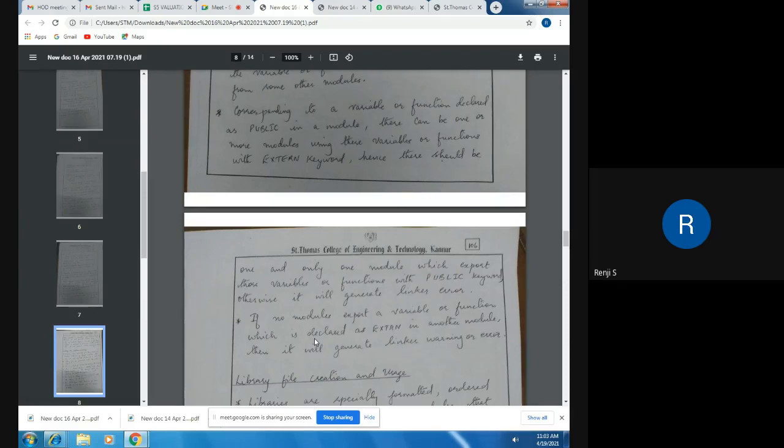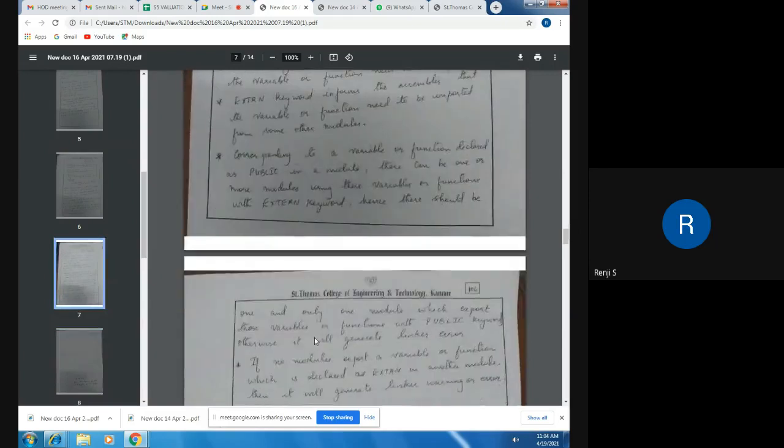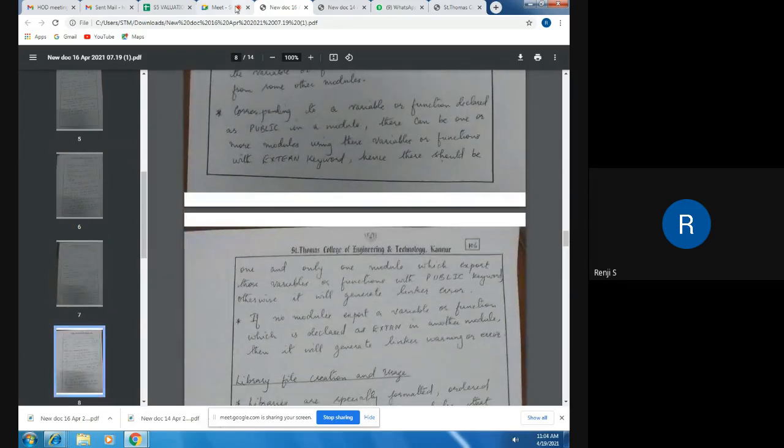But in no other module have I declared the public keyword. If the public keyword is not there for that particular variable in any other module, then the linker will generate an error or a warning. So if there is an external variable, there should be at least one module that declares it as public. That is how we export and import variables.